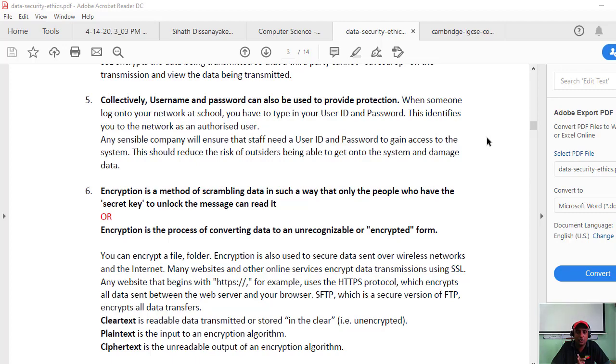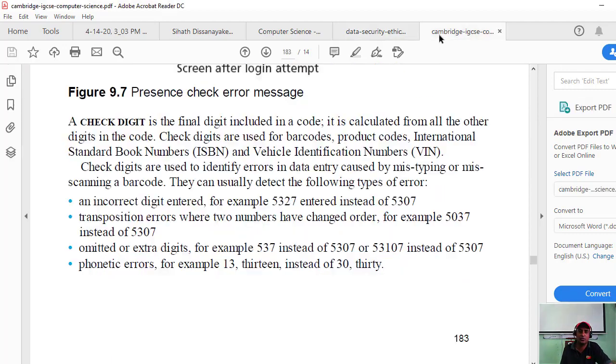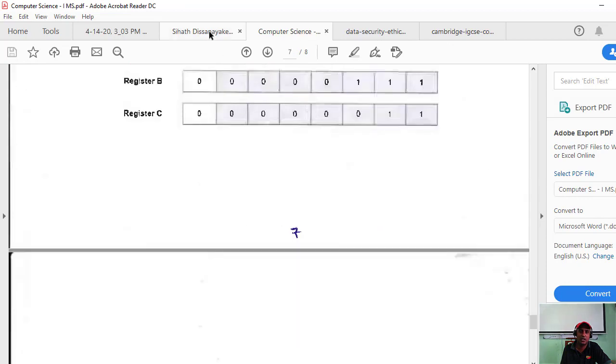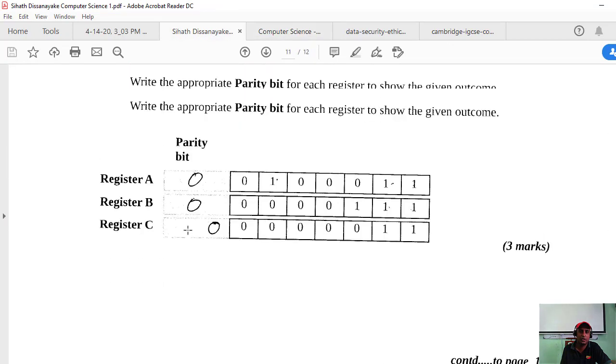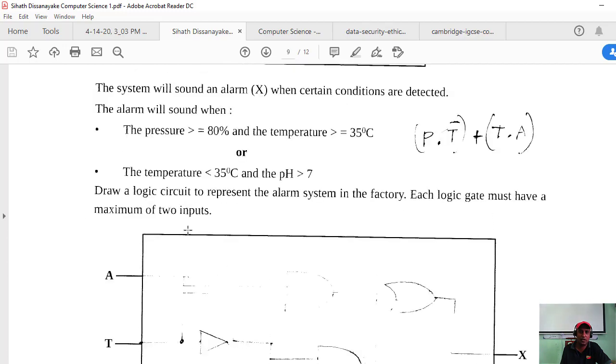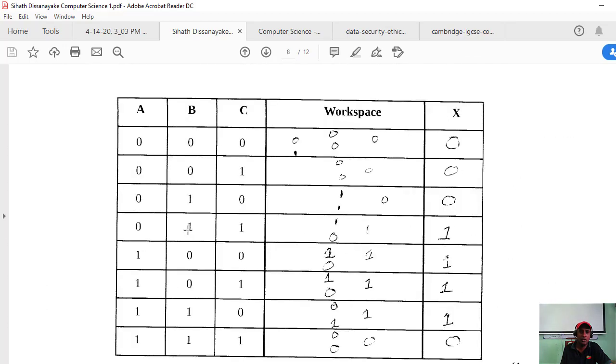You understand whatever mistakes you have made. In this paper you made a few mistakes in the logic gates, and at the end we discussed the sentence and the keywords. In data transmission, the modulus 11 and all you have done correctly.